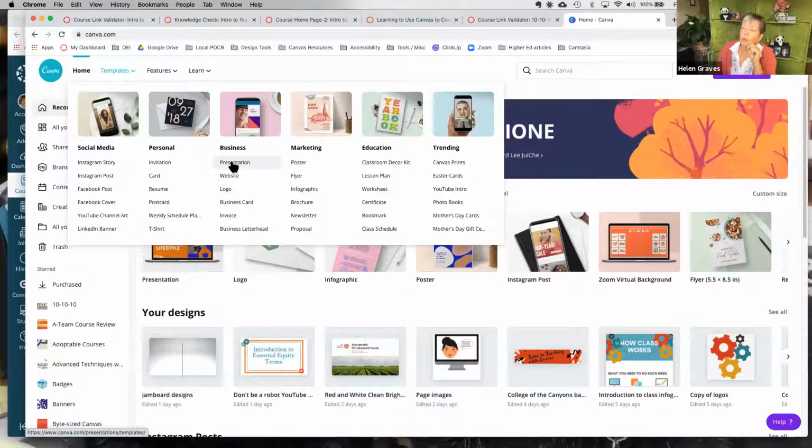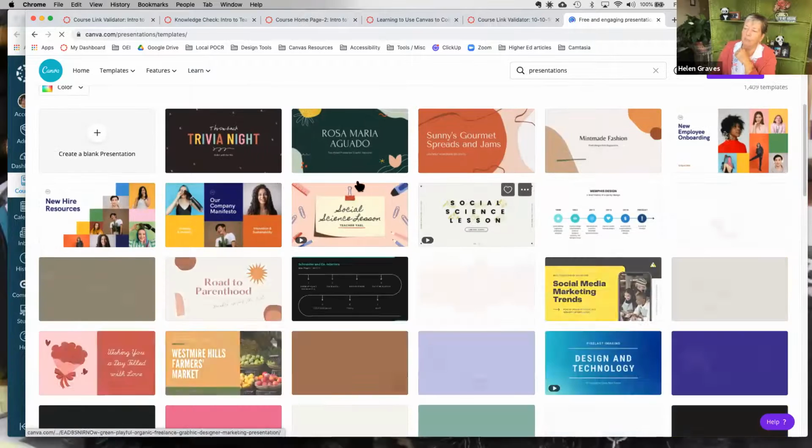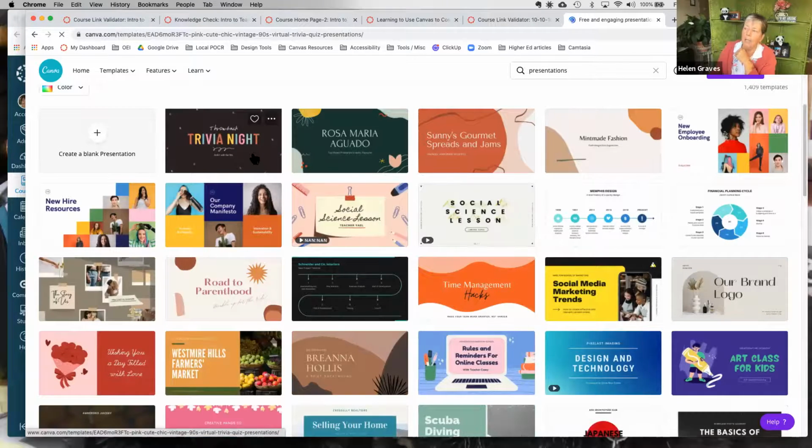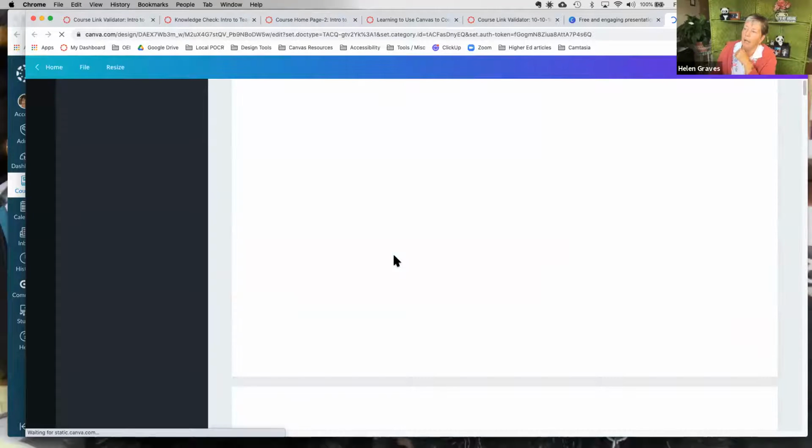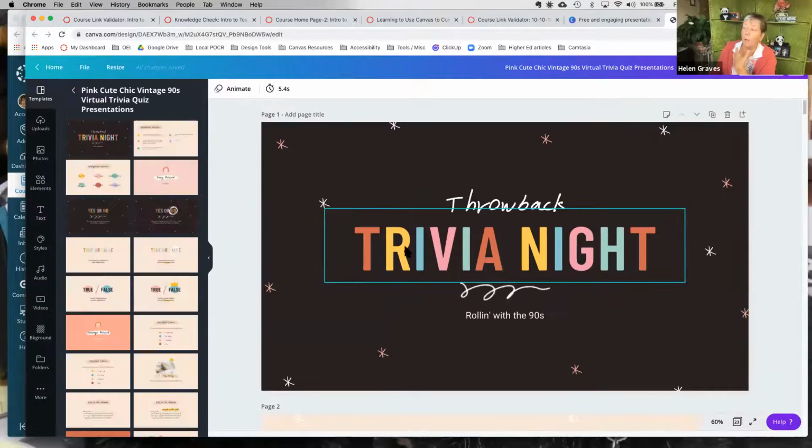When you choose a specific template, let's go with presentation, it will give me a bunch of pre-populated templates that I can choose from. If I use one, I can customize it to fit what I want. I can change the font, I can change the colors, I can leave it and just add in my own content. So I can make it my own and then download it and use it in the way I want to use it.